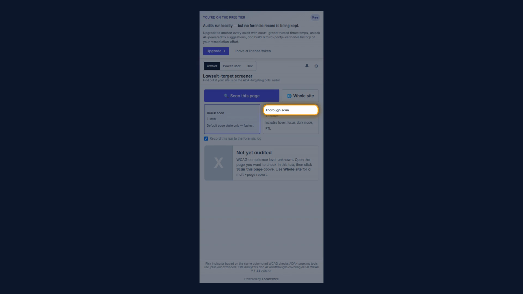Now, Thorough Scan is the option you pick when you want the real picture. Instead of just checking the page as it sits, it walks through a dozen different states: hover, focus, dark mode, right to left, the stuff that trips up real people and gets sites in trouble. It does more digging than a quick look, but that's a fair trade for catching the problems a quick look